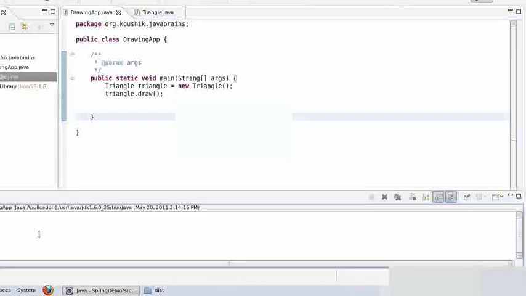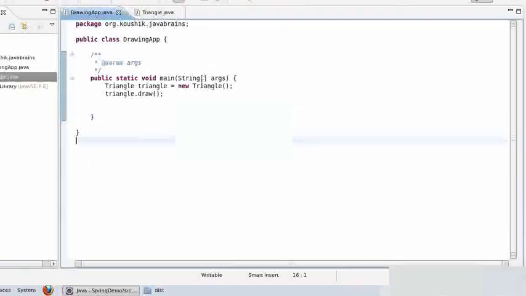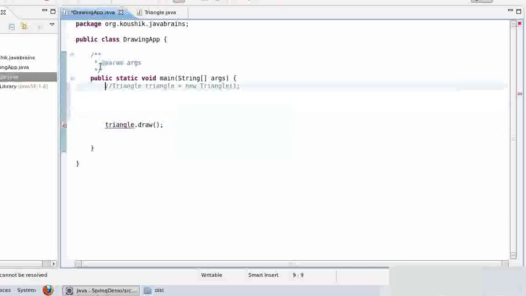But here we are not using Spring. So let's use Spring now. In order to use Spring, I will comment this out. See, now we will not be using a new command here. We are not going to instantiate the triangle object ourselves. We'll ask the bean factory to do it. So let me instantiate the bean factory first. I'll say bean factory